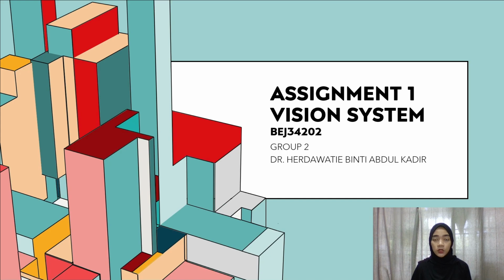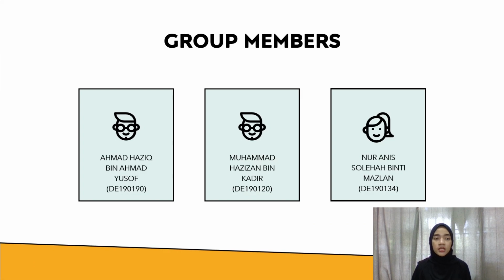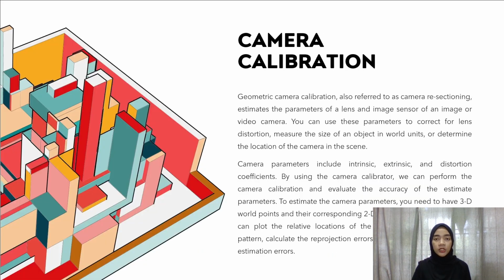So in this video, we are going to present and demonstrate the assignment 1 vision system. So these are my group members, Ahmad Haziq bin Ahmad Yusof, Muhammad Hazizan bin Kadir, and myself Nur Solehah binti Mazlan. Camera calibration. Geometric camera calibration, also referred to as camera resectioning, estimates the parameters of a lens and image